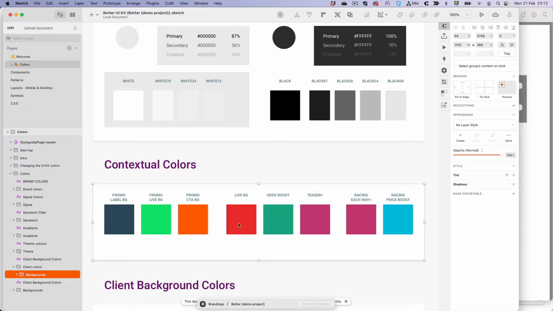here you also set what kind of color we use for live. That's pretty common. It's some kind of red. Also, special boosts and bonuses have specific colors that could be set here. I'm just gonna care about this one. I'm gonna